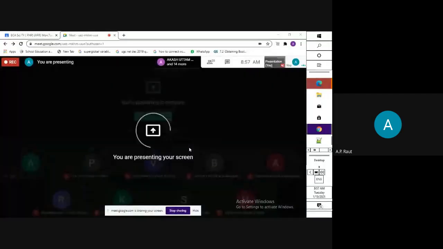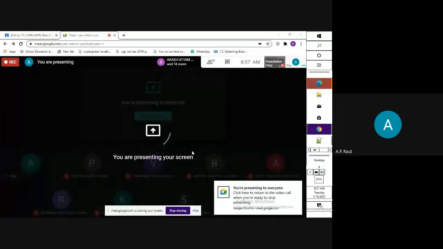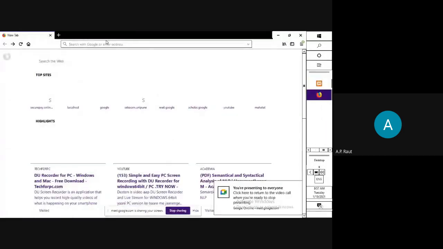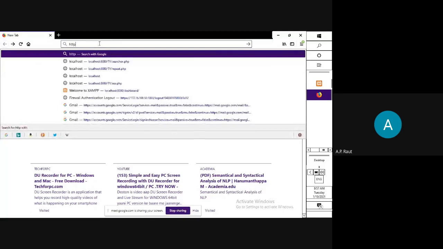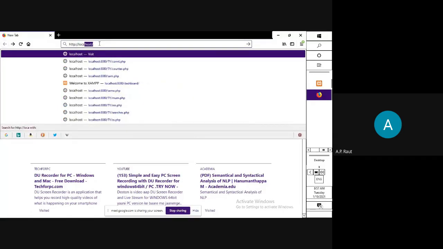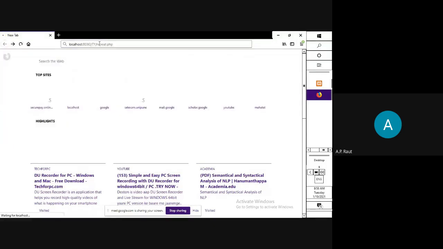So first we start the Apache server, then go to any Firefox and write the URL. What is the URL for running a PHP script? http://localhost:8080/folder name/program name and enter.